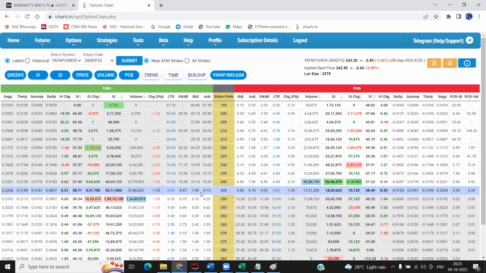Okay, let's take it this way. If 7.75 is violated, or 7 rupees is violated, or 7.50 is violated, I get out. This is a basic way to deal with it.